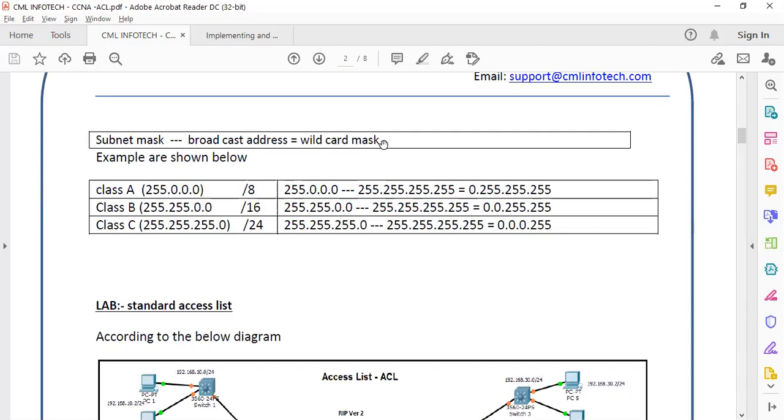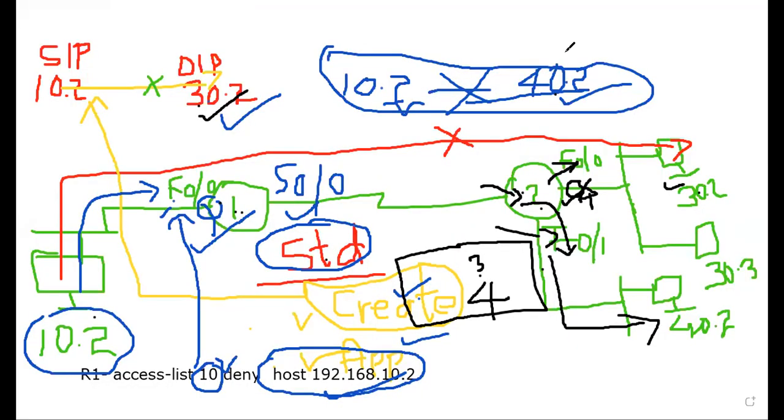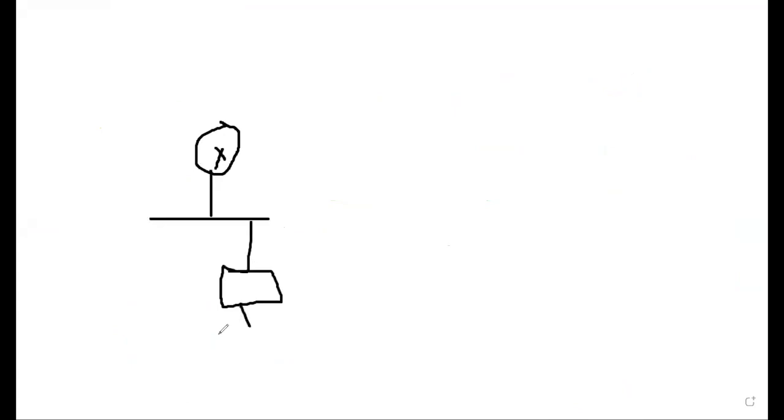To identify the wildcard mask, the best practice is to subtract your subnet mask from your broadcast address, which will give you the wildcard. So let's say you have a router, a switch, and a system which is 192.168.30.2. Oh, sorry, 192.168.10.2.